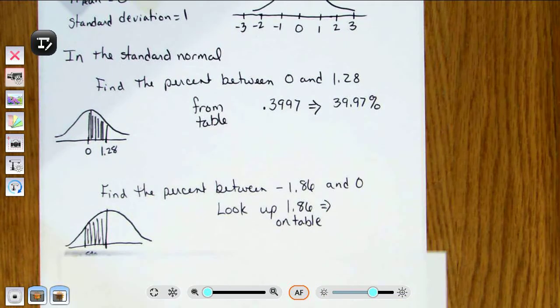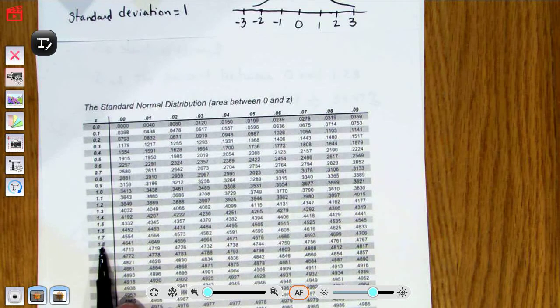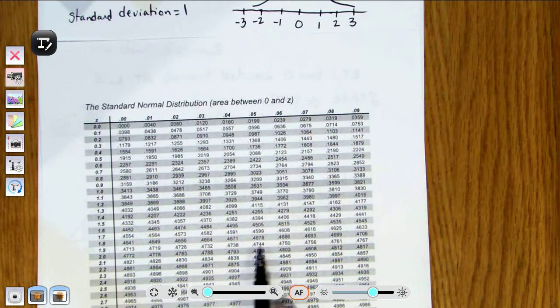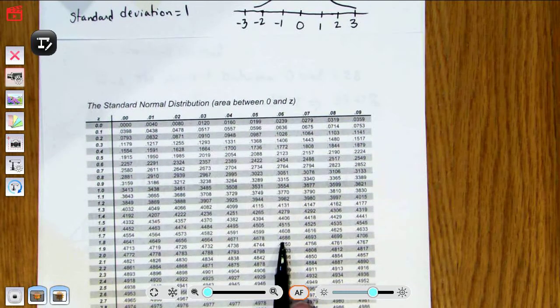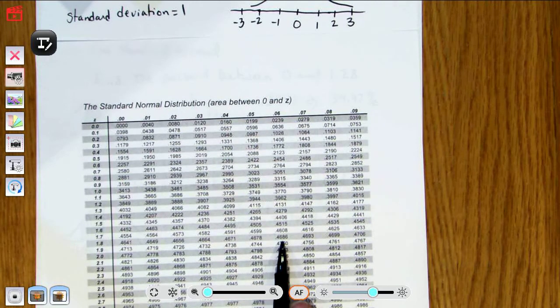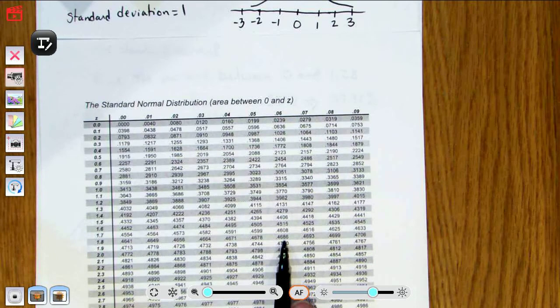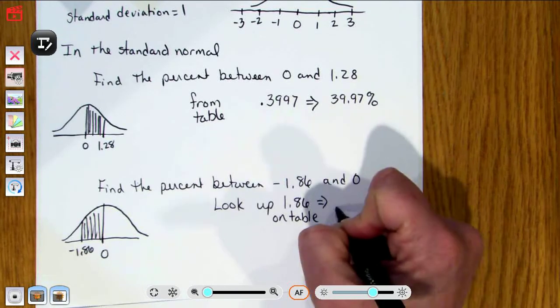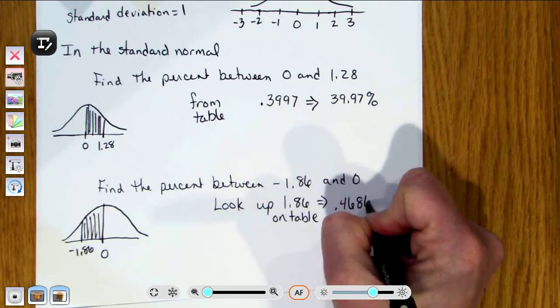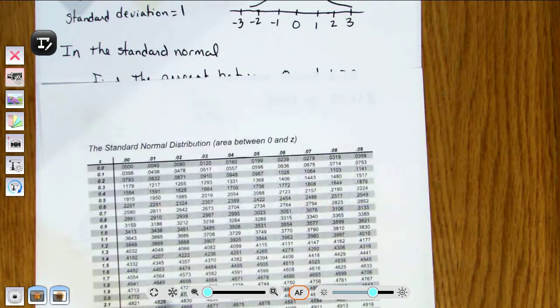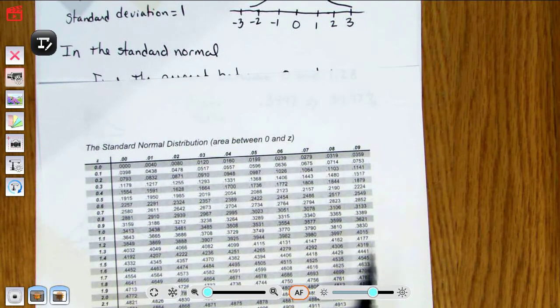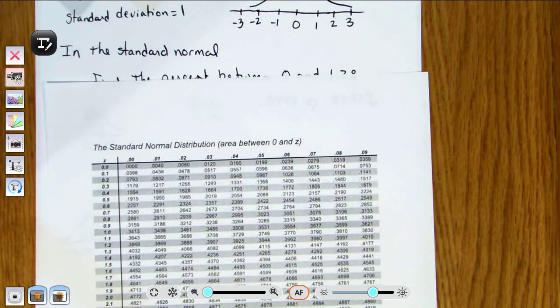And when I do that, make sure you guys can see this, 1.86, make sure I get over there, whoops, up here, 0.4686. This table is found on our Blackboard page in the assignments tab for Unit 3, so make sure you